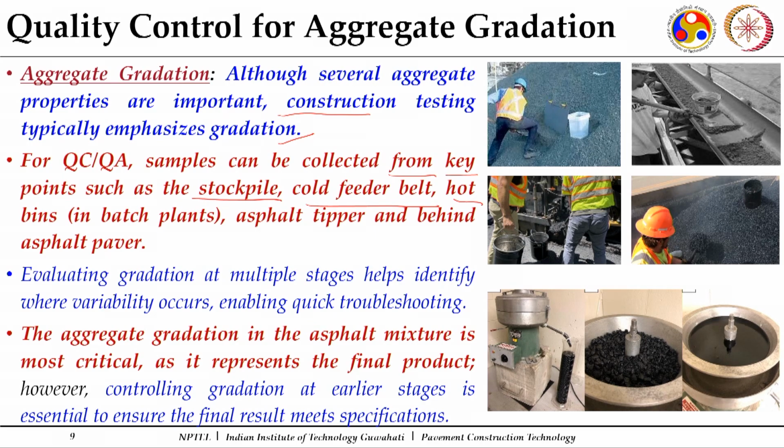From there we can collect, or from the loaded tipper we can collect, or from behind the paver, or specifically when it is dumped in the hopper. So, from various places we can collect the bituminous mixes, or specifically the aggregates alone, for determining the gradation. One can say I will always prefer to check when it is finally going for the laying purposes, but before that, if you are finding that the final mix is having some different gradation